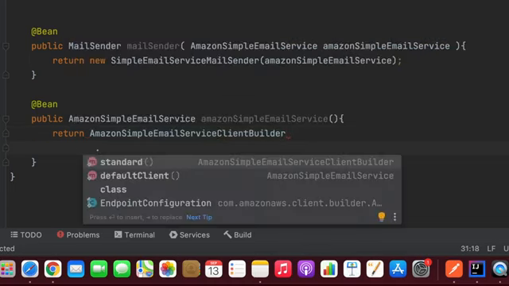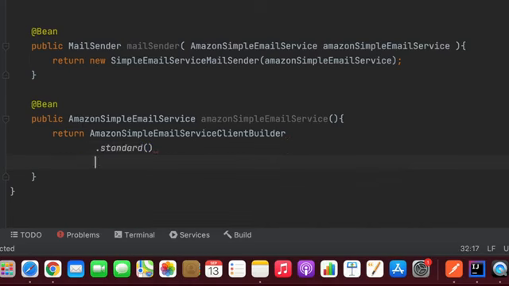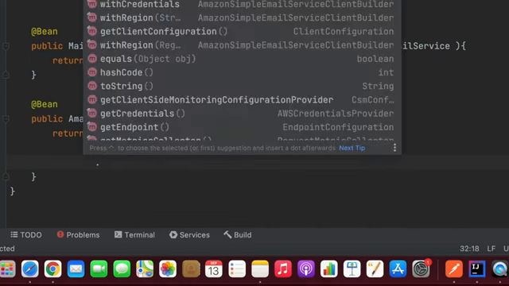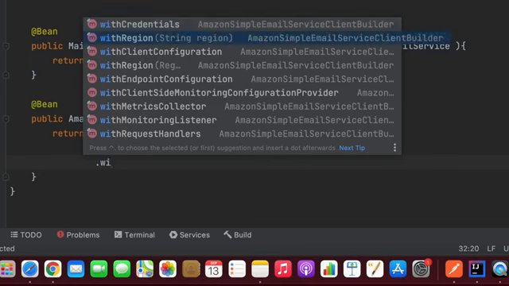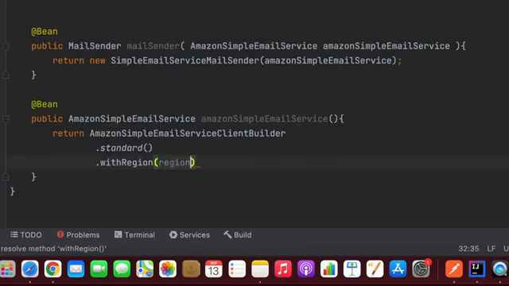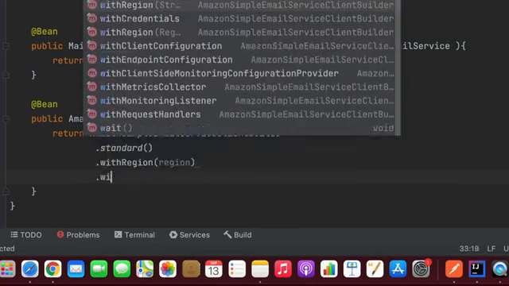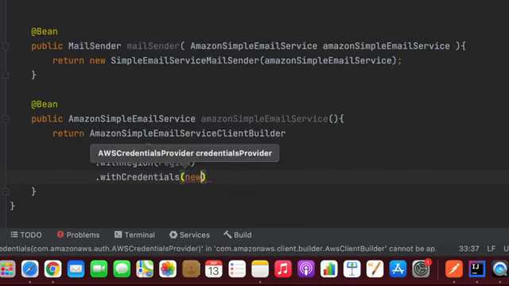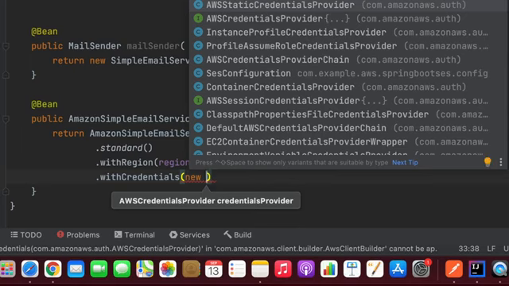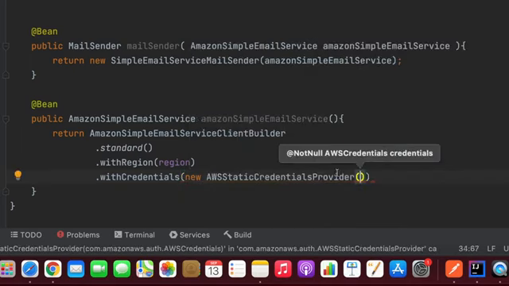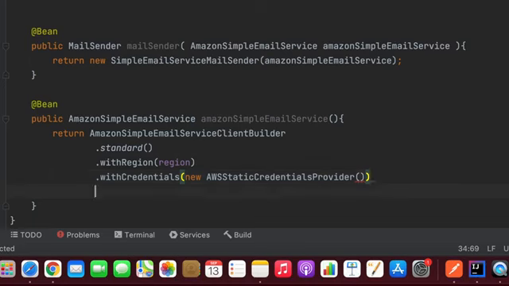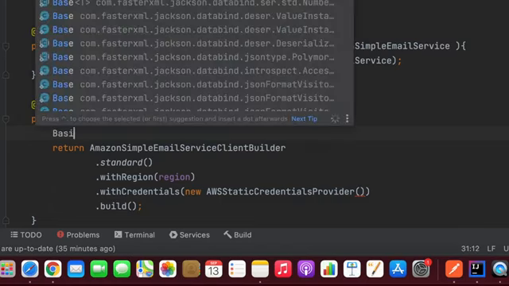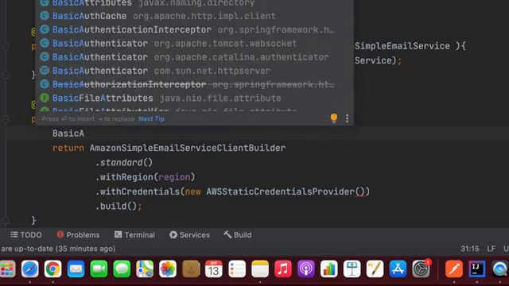So this has the standard method, and after that we have withRegion. We already have the region that we created above, and withCredentials. So here we need to provide the credentials, guys. So let's take new AWSStaticCredentialsProvider, and here we provide the credentials, and after that build this. Let me create BasicAWSCredentials here,